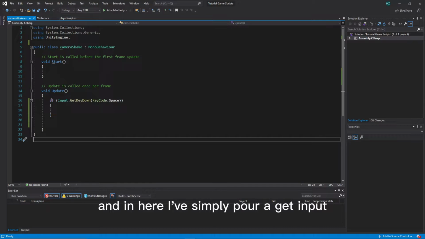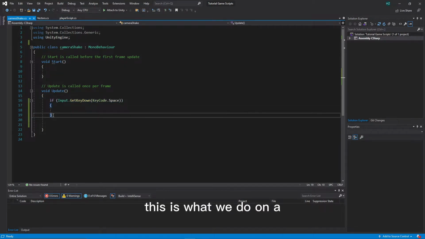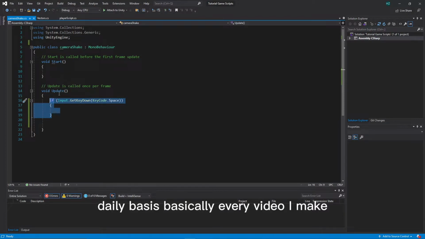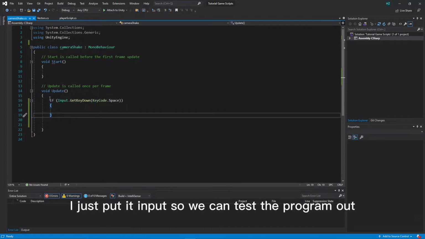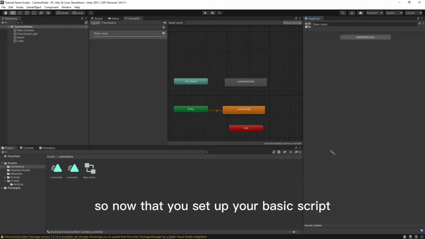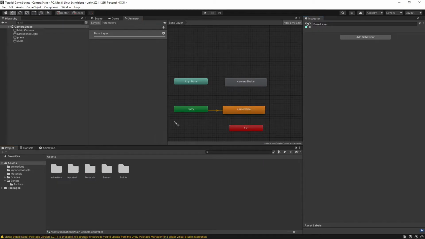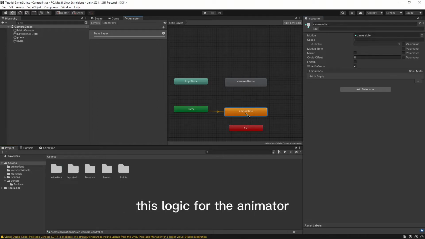and in here I've simply put a get input. This is what we do on a daily basis. Basically every video I make, I just put an input so we can test the program out. So now that you've set up your basic script, what you want to do is complete this logic for the